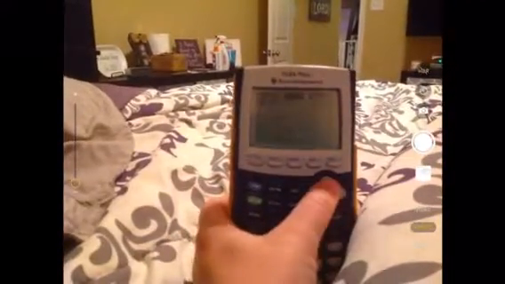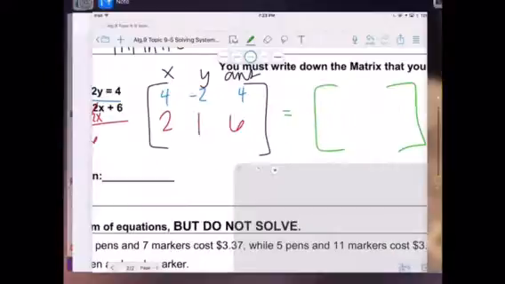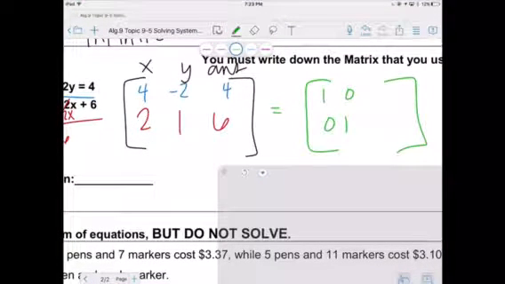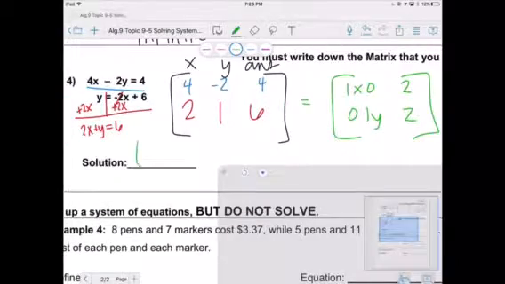So, second matrix, math, B, enter. Alpha zoom, 2 by 3, okay. 4, -2, 4, 2, 1, and 6. So this one I have the 1, 0, 0, 1, so it means it is a solution. And then 2, 2. So 1, 0, 0, 1, 2, 2. 1x is 2, 1y is 2. So my solution is 2,